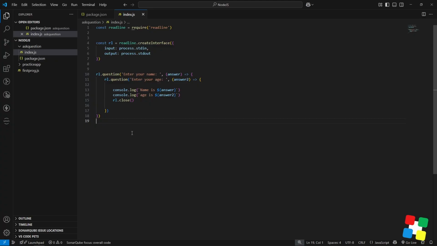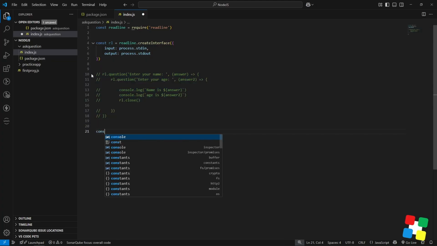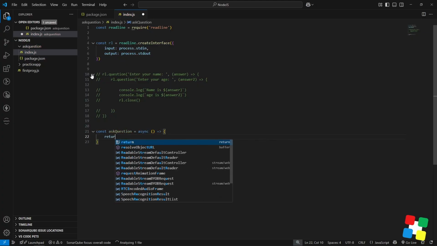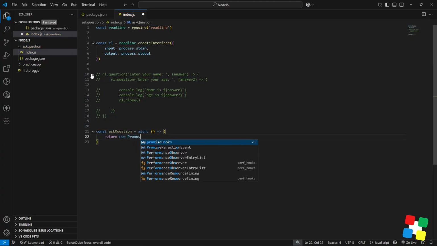Okay, so now let's go ahead and create a library or the module which can be published to the npm. For now I'll just comment out this code, and instead of this we'll create a function over here. The function will be const askQuestion equals an async function, because we are going to return a promise. So let's say return new Promise,